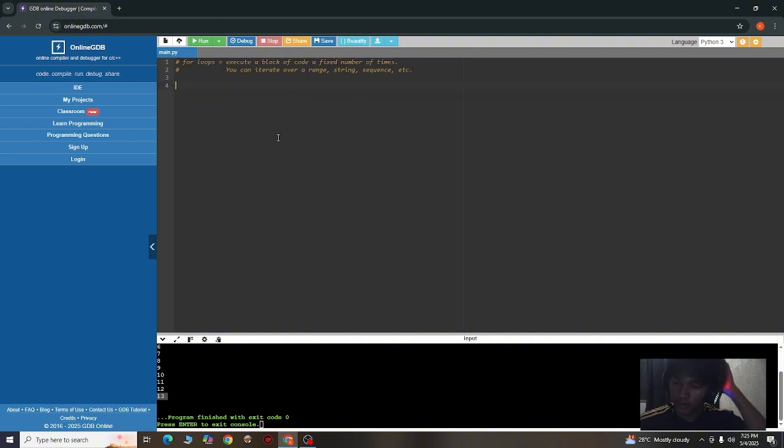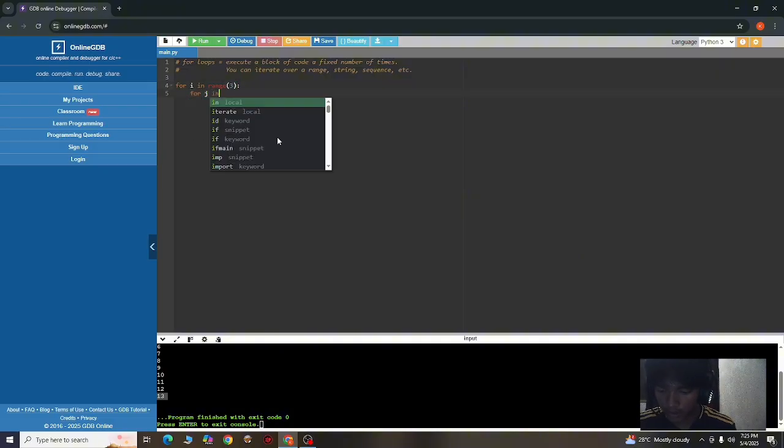So let's have another example again. Let's have a nested for loop. So for i in range 3, for j in range 5, print this is a nested for loop.